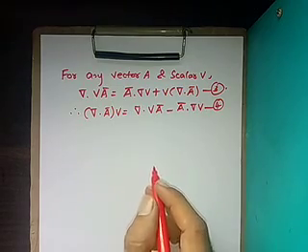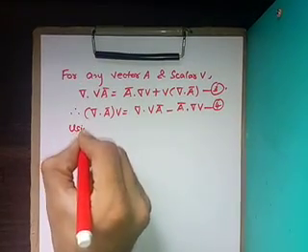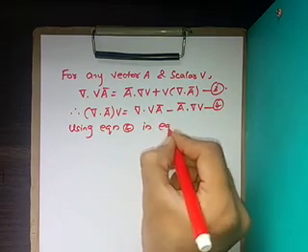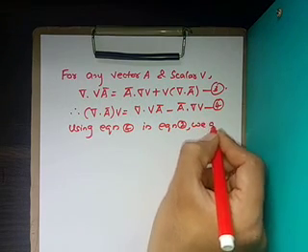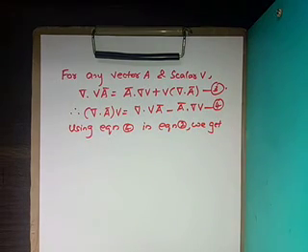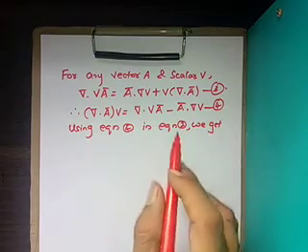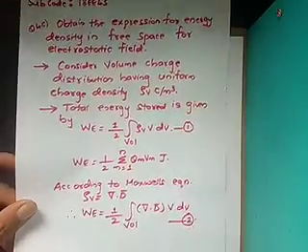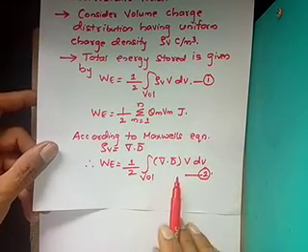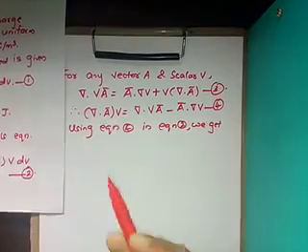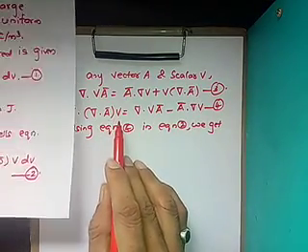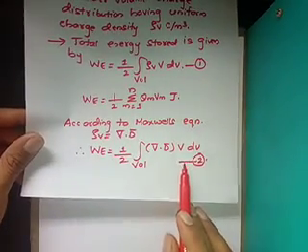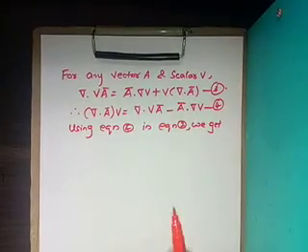Using equation 4 in equation 2 we get, that is this vector identity we have to substitute in equation 2, right? Equation 2 is this equation, W is equal to 1 upon 2 volume integral del dot d bar of V dV. So this is del dot A bar V we have here, here we are having del dot d bar of V. So accordingly we can rewrite the equation.